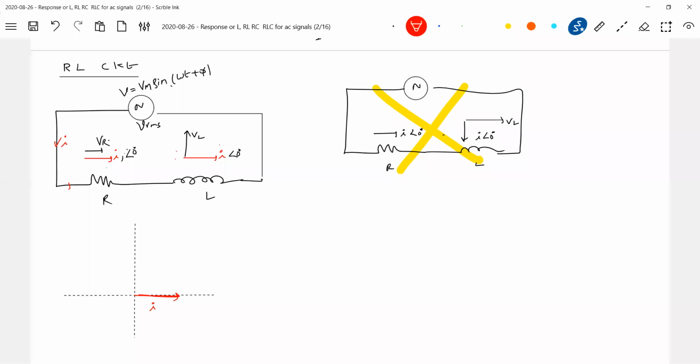Next, what is the phase of? I'll call this IRMS. What about the drop VR? VR will have a phase of, here only, there's VR. What about VL? VL is having a phase of 90 degrees. So this should be the phase of 90 degrees. So the vectors VR, VL will be